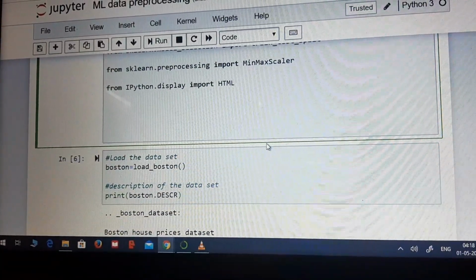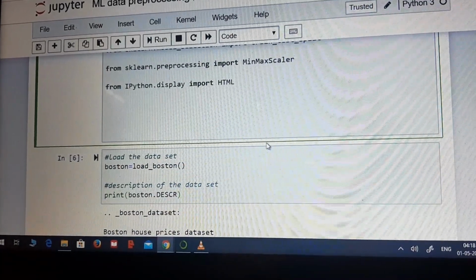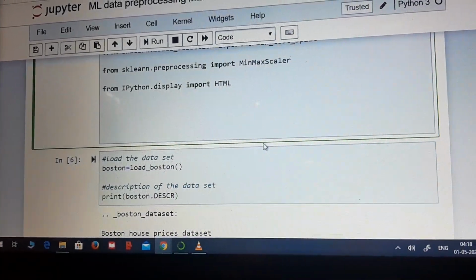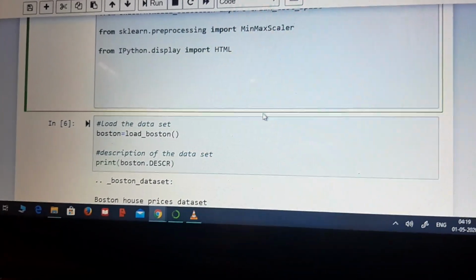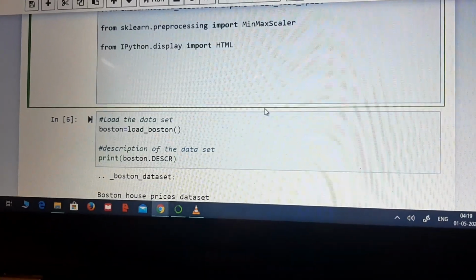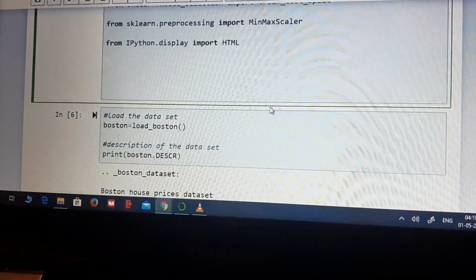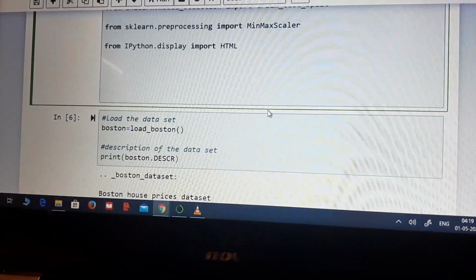Now in this case we are looking to predict the price of a house. So let us begin with the first step, data pre-processing. Load the data set and store it in a variable called Boston.